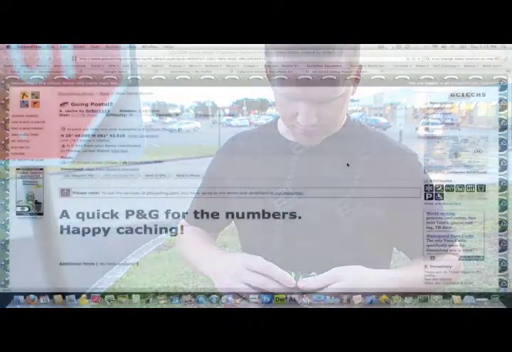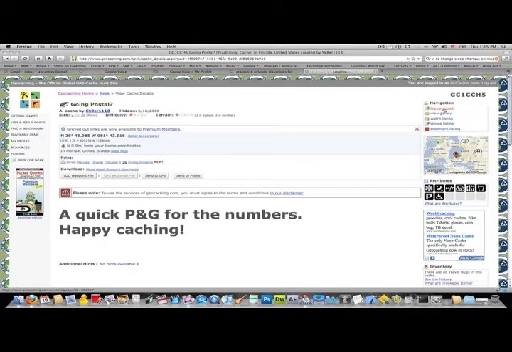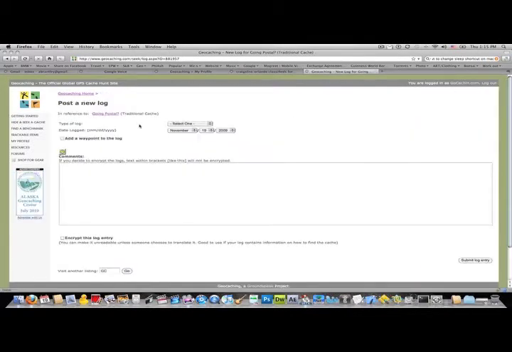Once we've found the cache out in the field and signed the logbook, we are halfway done. We're going to come back to our computer and get the cache page back up, and then we're going to go over to log your visit. Click on that, and then a little text box will open up, and here we go. Type a log, we're going to put found it,